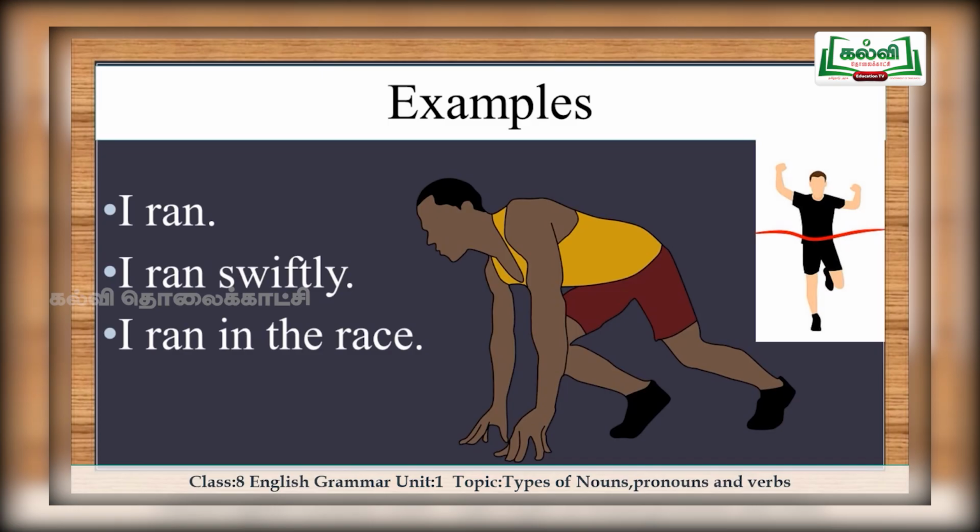So it says I ran, I play, I eat, I sing, I dance, I cook, I can do anything, but it is not followed by an object. So it is intransitive. I ran swiftly. Here also there is swiftly, which can't be considered as an object. So the verb ran is intransitive. I ran in the race. It is an adjunct which doesn't give you an object. So ran is intransitive here.